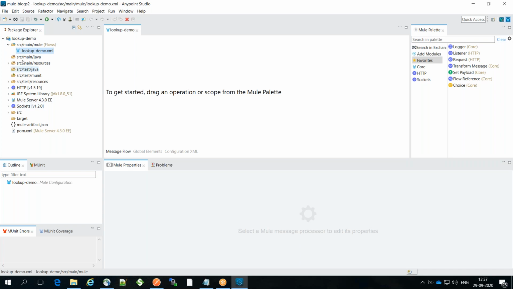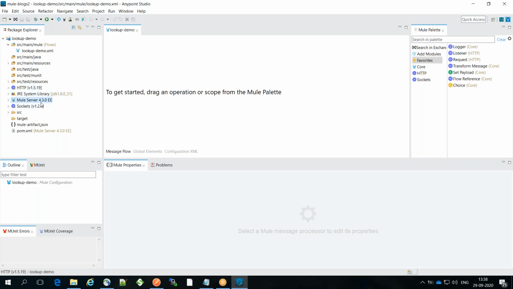Apart from this, you see there is a standard structure, which I was talking about. There is src/main/java, src/main/resources. Certain dependencies by default get loaded as part of the creation of this project. So you have the HTTP and Socket modules, which inherently will be part of any Mule project you create.